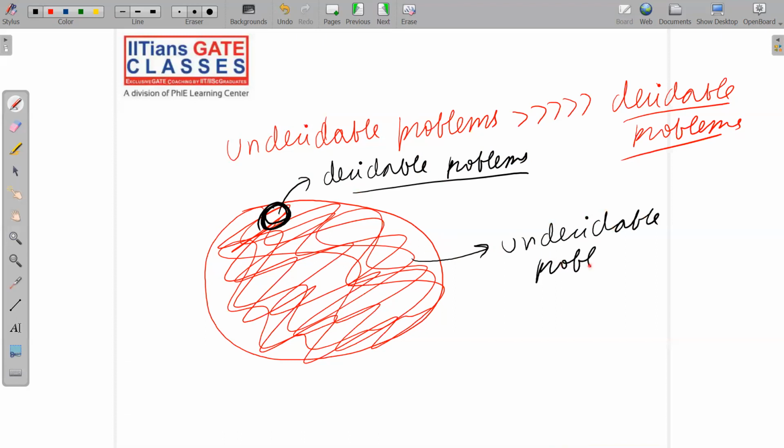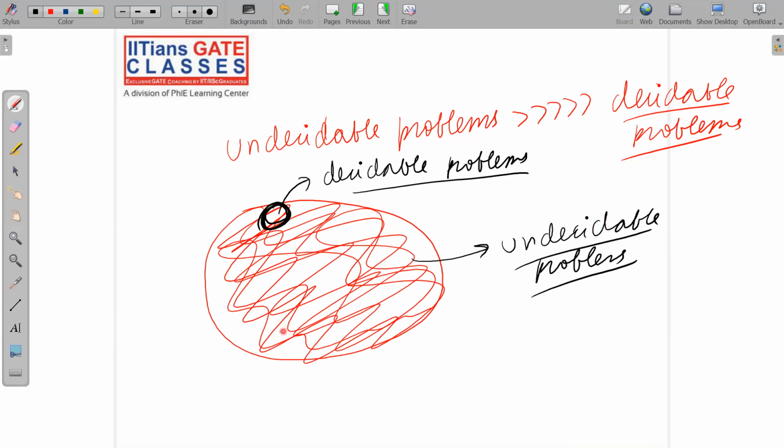Sometimes scientists give very wrong predictions, and this was one of them. Everybody believed that logic is complete, so every problem is decidable and there is nothing called undecidable. But in the mid 19th century, when Alan Turing and Gödel proved all these things, the picture completely changed: there are lots and lots of undecidable problems.